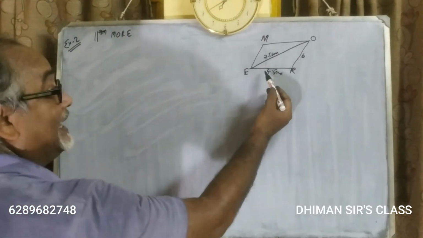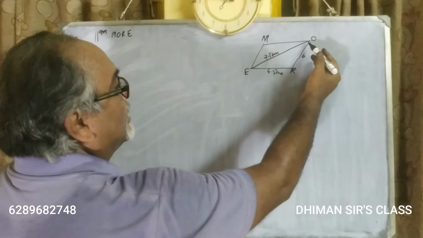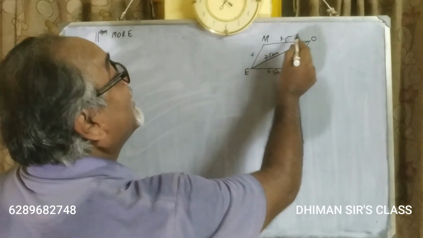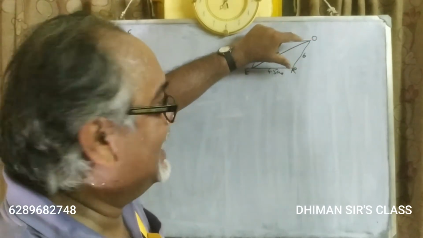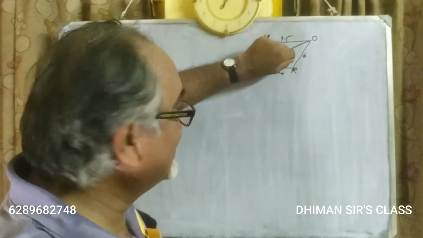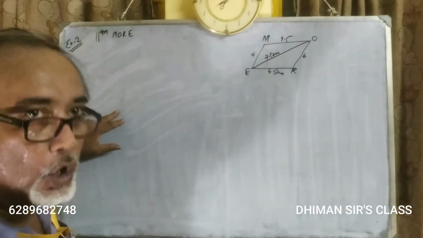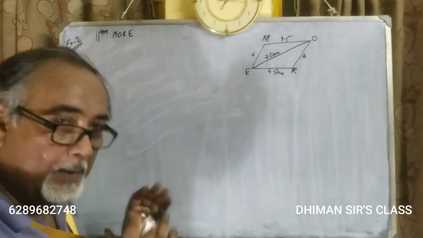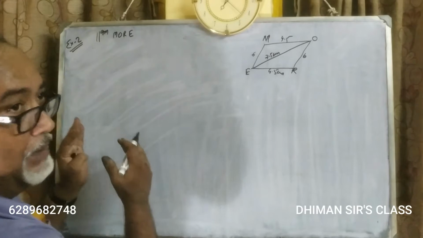Here the base is known to us. This side is also given to us, and because it is a parallelogram, obviously this will be 6 and this will be 4.5. Yes or no, children? See, here 4.5 is bigger and 6 is smaller. That is not correct, isn't it? As I told, it is a rough. It will definitely not tally with the original construction, and my construction will not tally with yours because mine is not accurate, because I'm not using the instruments. You people are using the instruments at home, so yours will be perfect, but the process I am explaining to you.